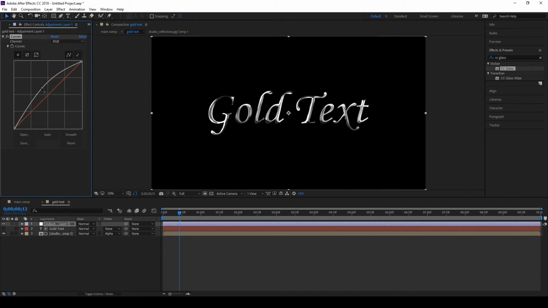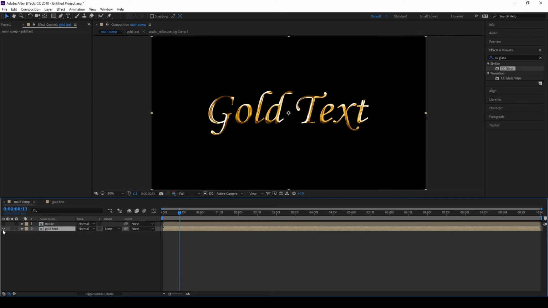We'll move this up like this. Select the red. Move that kind of like this. Select the green. Bring it just like this. And then the blue, we'll bring it like that. Maybe we'll bring down these two over here like this. Bring down the red, or kind of something like that. That'll be better. So now what we're going to do is go to our main comp, hide the gold text